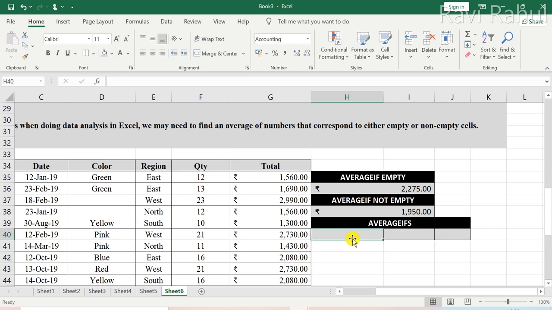Okay, now average ifs. What I want to do, I will take the color and I will get the data according to region. Okay, and average.